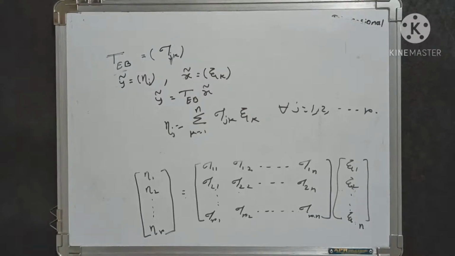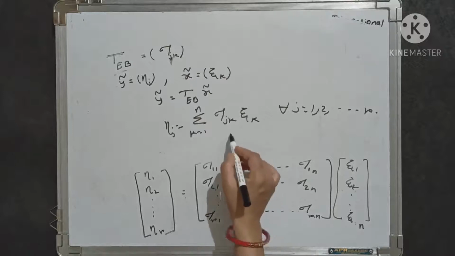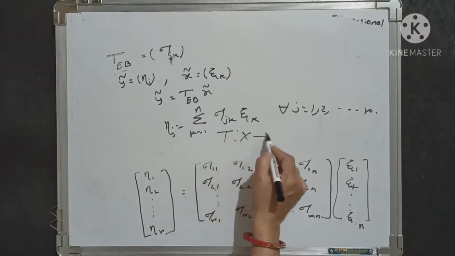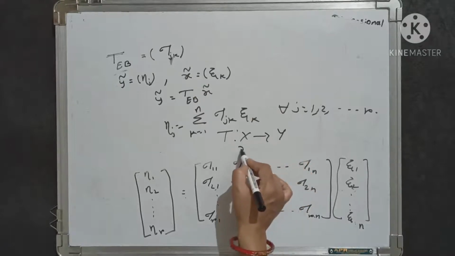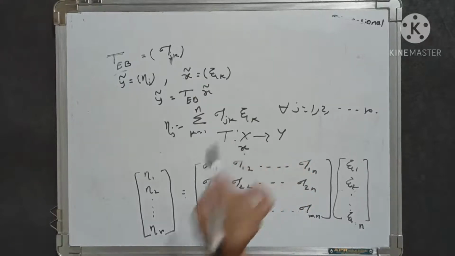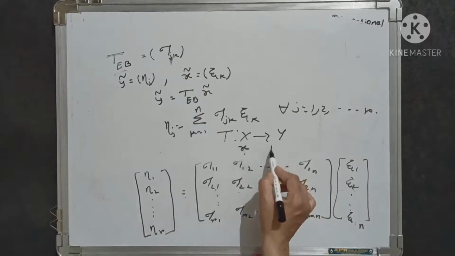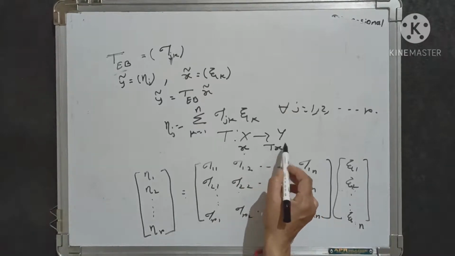Then the matrix T_EB is uniquely determined by the linear operator T, because we are getting this matrix with the help of the linear operator T. Here T is the mapping from X to Y, and we start with a small x, an element of X, and with its help we get Tx,